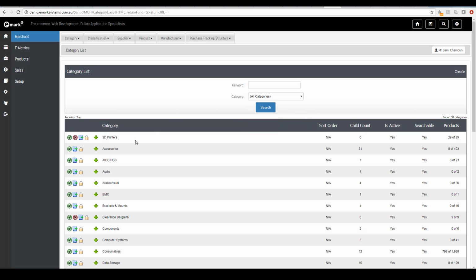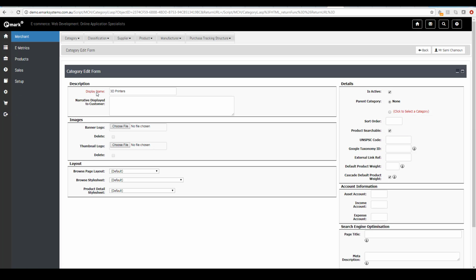To edit an existing category we click the green tick icon. From here we can change the title of the category, we can change the description which is displayed to the customer inside the shop. If there are any images attached, we can upload a new banner logo which will appear at the top of the page when you're looking at this category in the shop, as well as a thumbnail logo which will appear as a thumbnail when looking at the parent category and seeing a list of all the